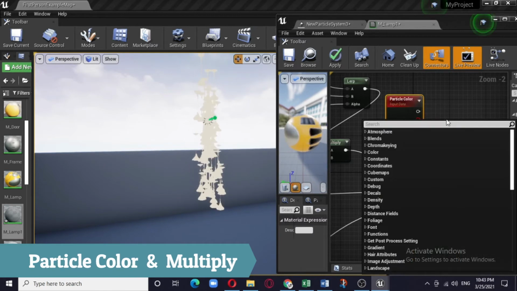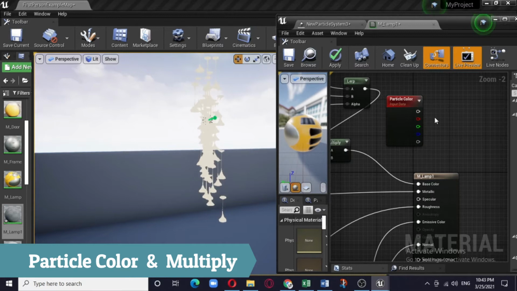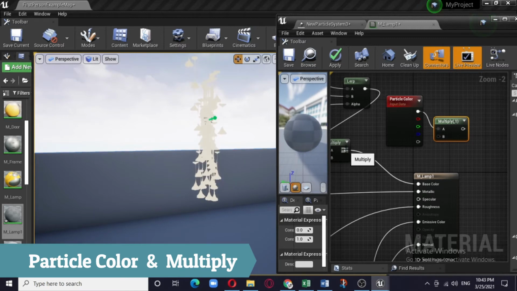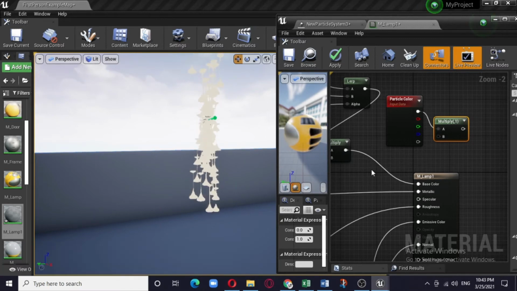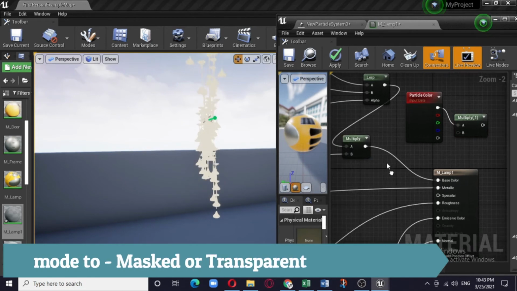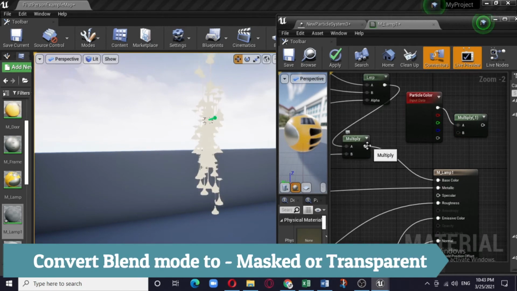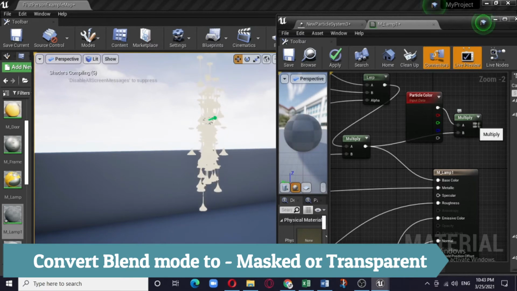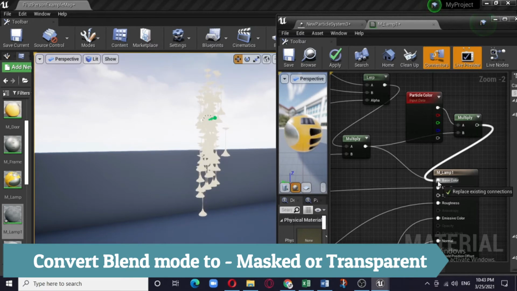And what you need is multiply. So connect this with A. Whatever the last wire is that was getting connected, you connect this onto B and connect this out here.